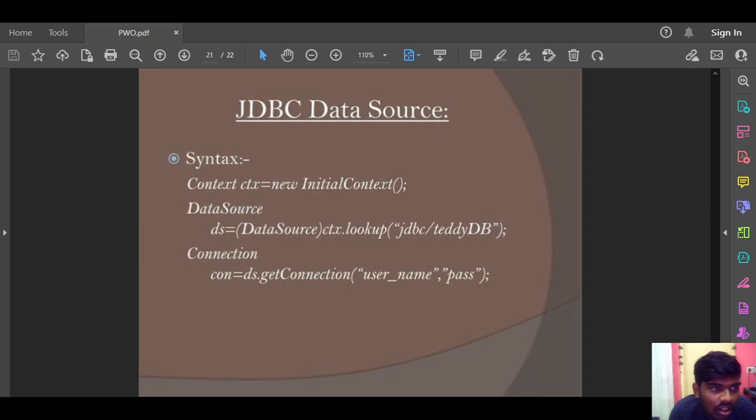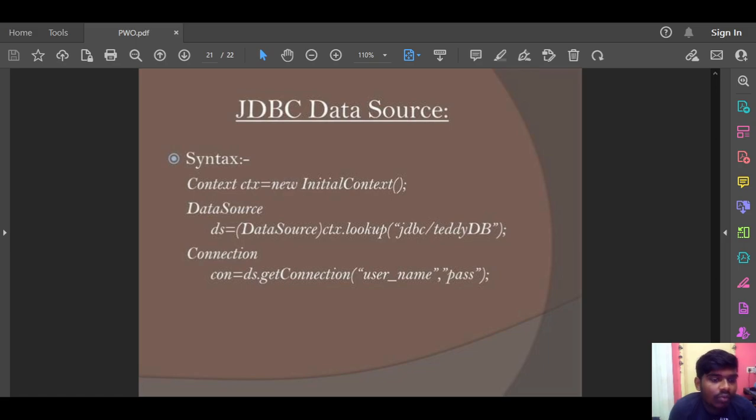So I conclude that JDBC stands for Java Database Connectivity. JDBC is a Java API to connect and execute queries with a database. It is a part of Java SE, Java Standard Edition. We use JDBC drivers to connect with the database, and the types of JDBC drivers are the JDBC-ODBC bridge driver, native driver, network protocol driver and thin driver. And the popular classes of JDBC API are DriverManager class, Blob class, Clob class, Types class.